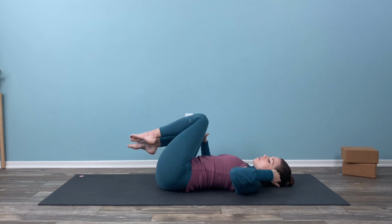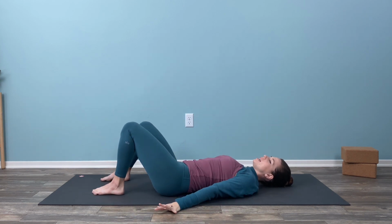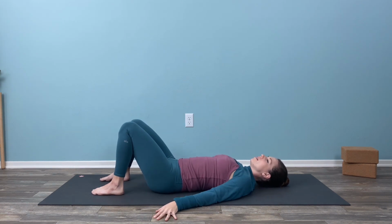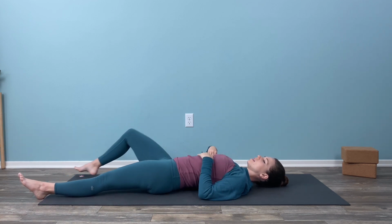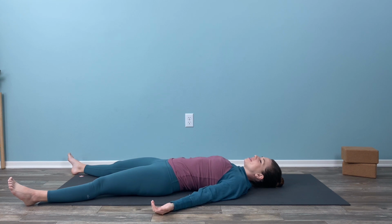When you're ready, slowly take both knees back in. Set the soles back down. Hands come to either side of you once more. Lift up the hips just to center them. And then send one leg out and then the other out wide. Flop the feet out and send both hands to either side of you, palm face up,